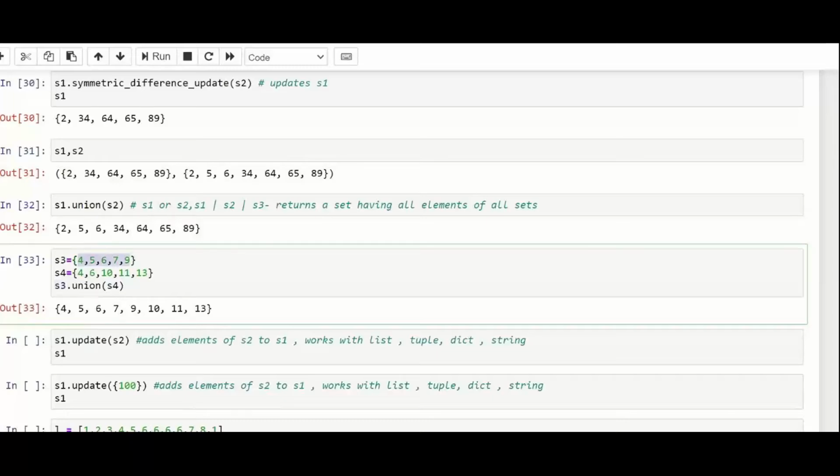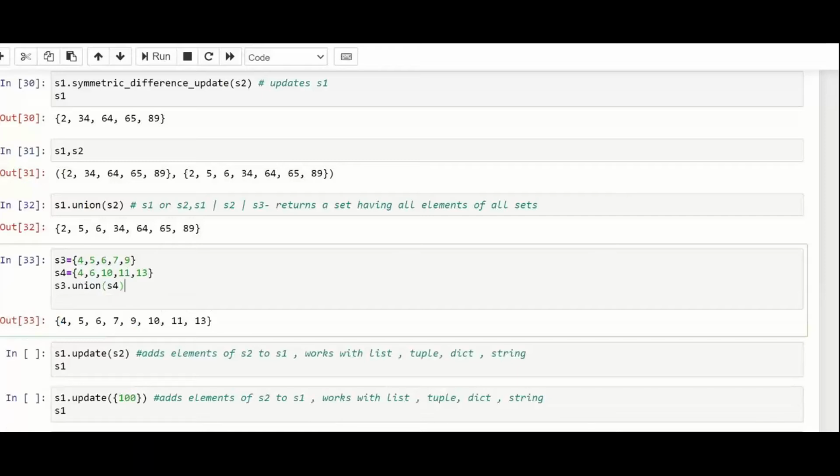I got all the values of S3 here, that is 4, 5, 6, 7, 9. After that, it will go to S4. It will check whether 4 is already included in this. Yes, it is included. So it will combine all the sets, giving output like this: 4, 5, 6, 7, 9, again 4, 6, 10, 11, 13.